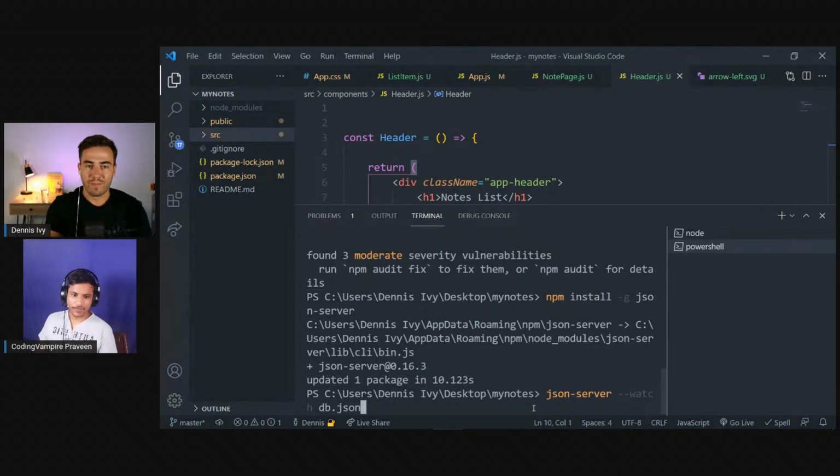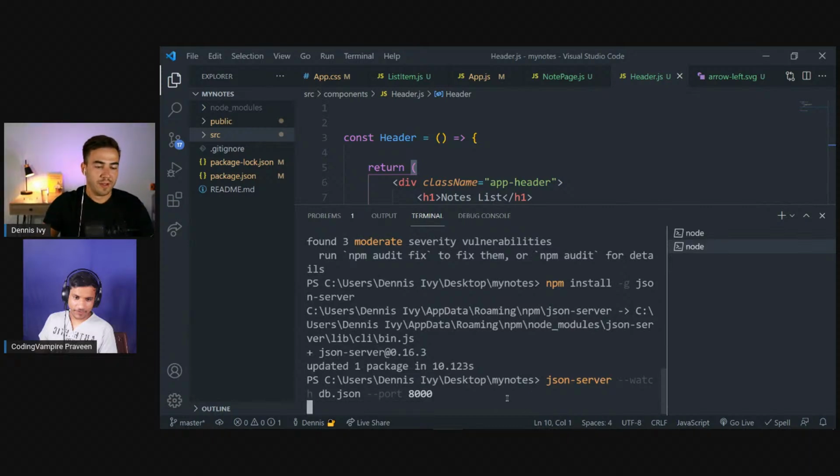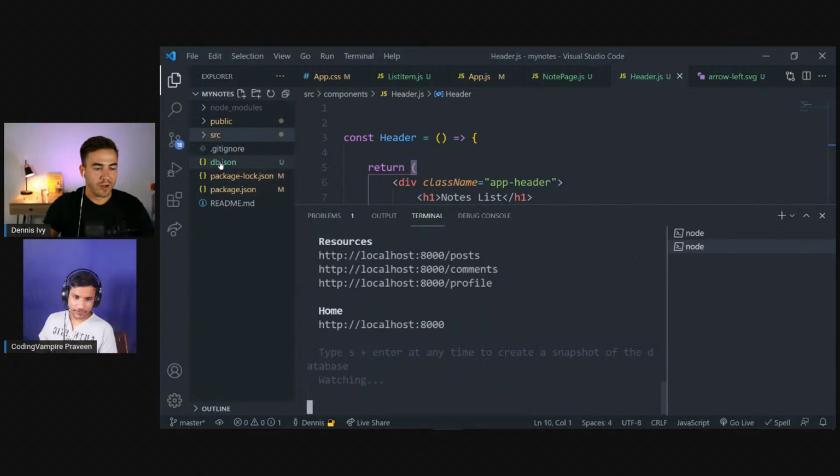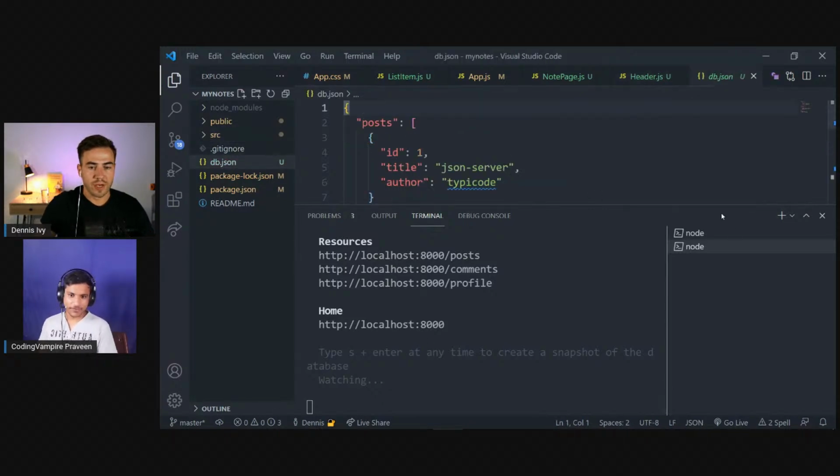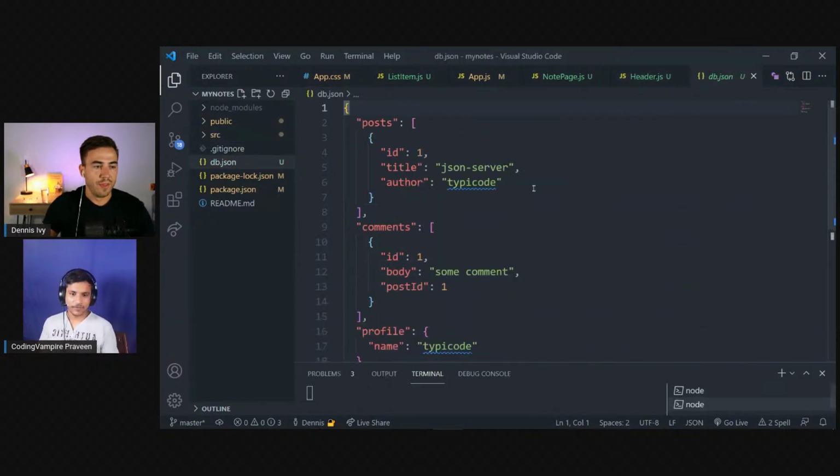Now, by default, this turns on port 3000. Well, there's an issue with that because my React project is on port 3000. So what I'm going to do is actually specify that port. So we'll just do --port, and then we'll just do 8000. So let's specify that. So right here, we're going to see a file get generated. So we see that that port is on, db.json. Here it is. This is what just got